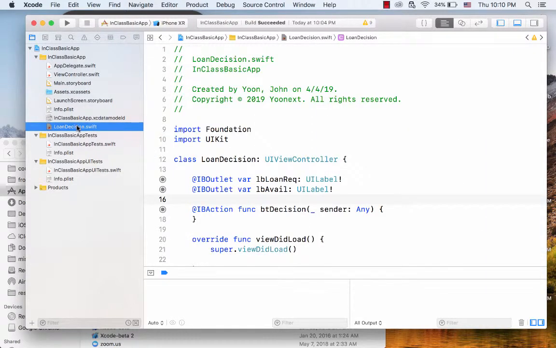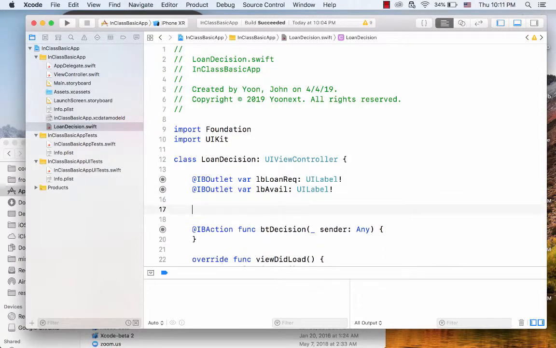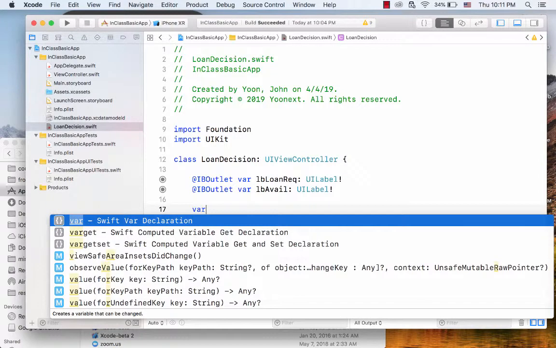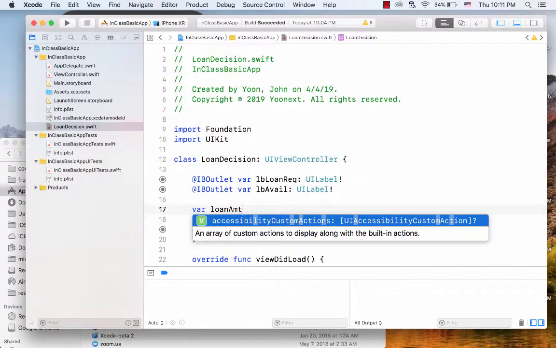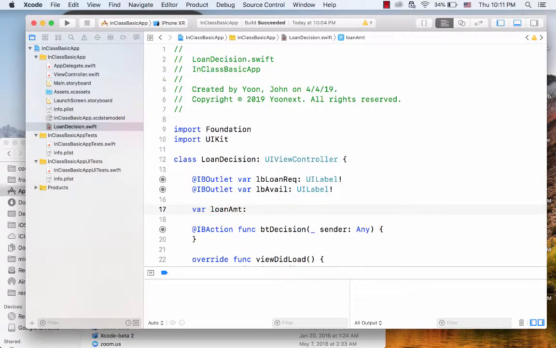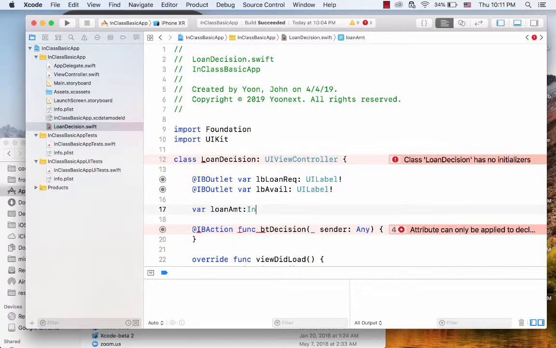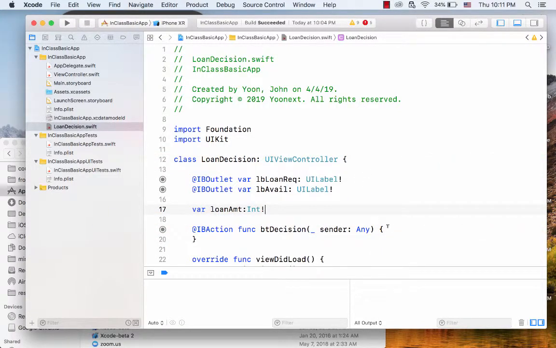loan decision. All right. So in order to receive the data from the previous view controller, you need to declare the variable so that variable can hold the data passed from the previous view controller. So we can call it loan amount, and then that loan amount, simply we can say integer, okay? All right, so that integer